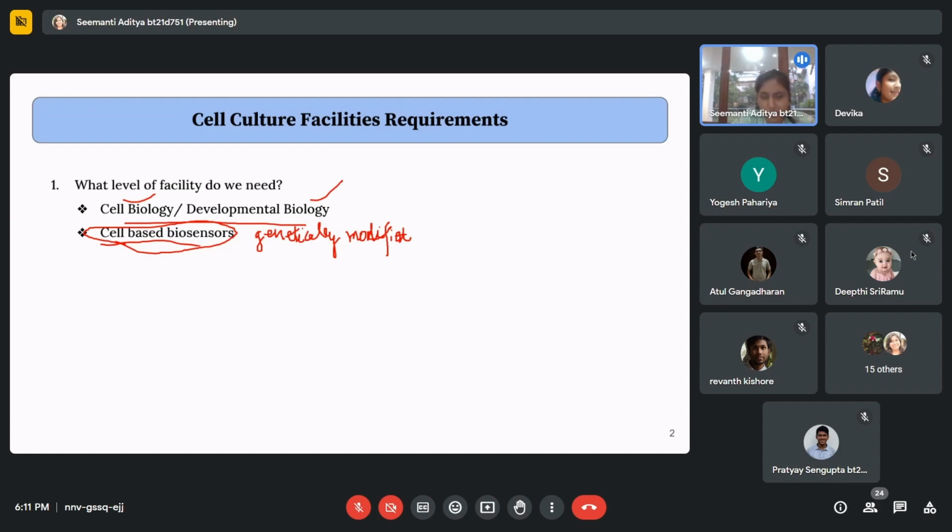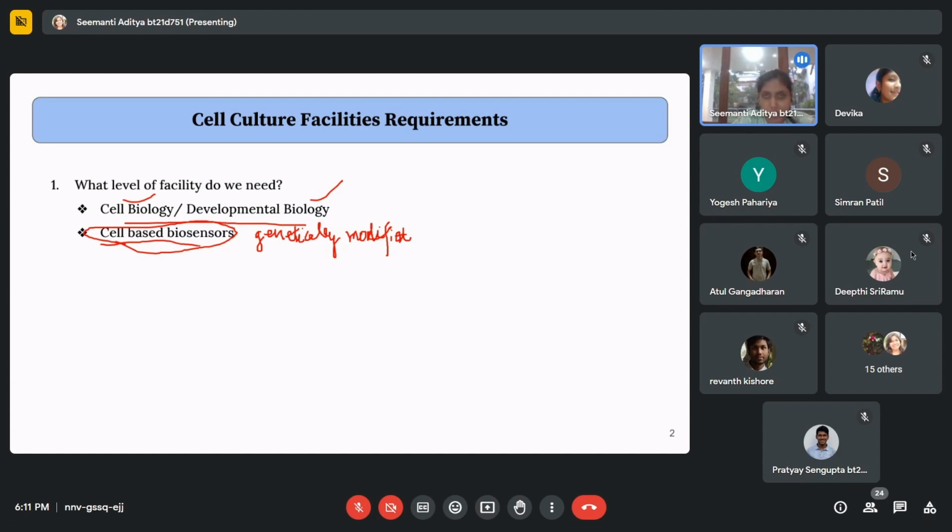They require a lot of attention, a lot of changes in the composition of media, and different kinds of specialized needs, which is not possible on a day-to-day basis if an entire set of cells gets killed because of contamination issues. Contamination is a very, very big problem in cell cultures, because practically anything and everything that we are